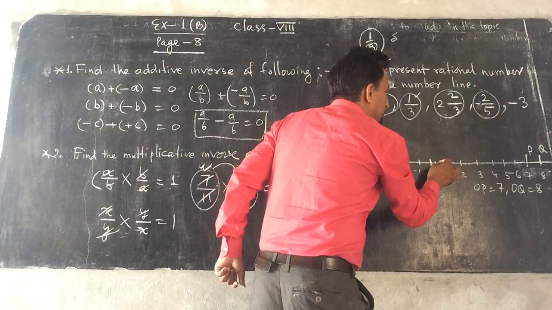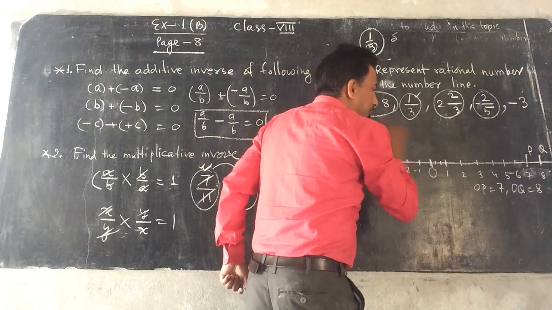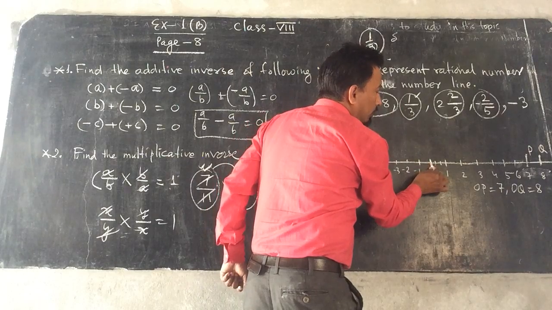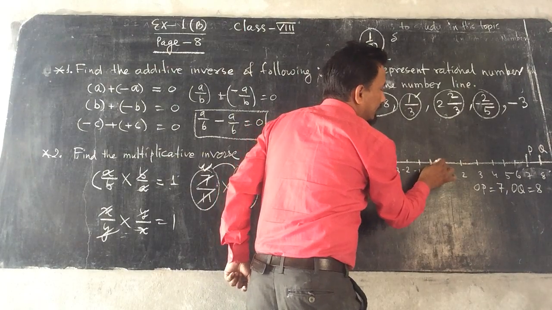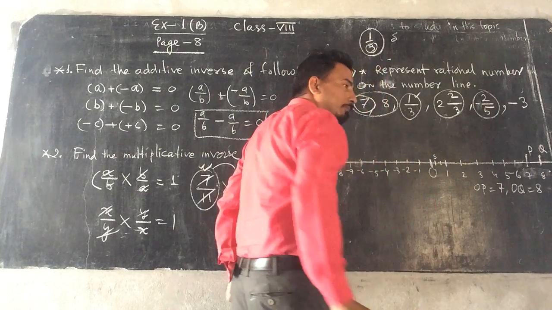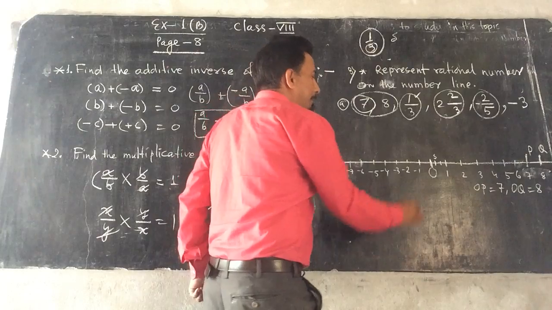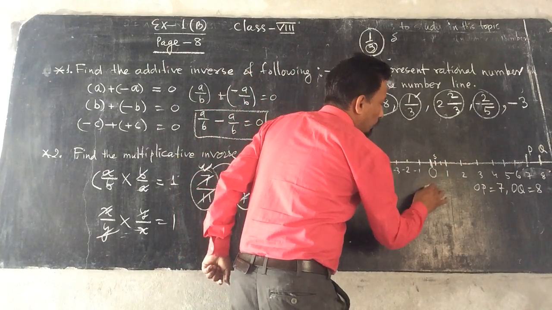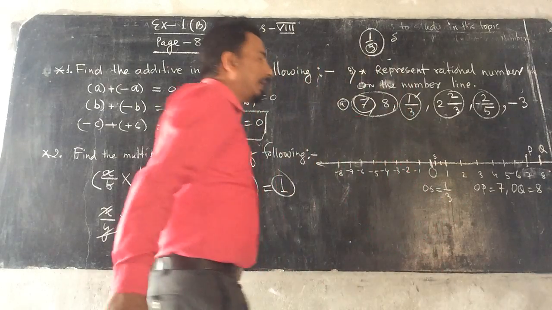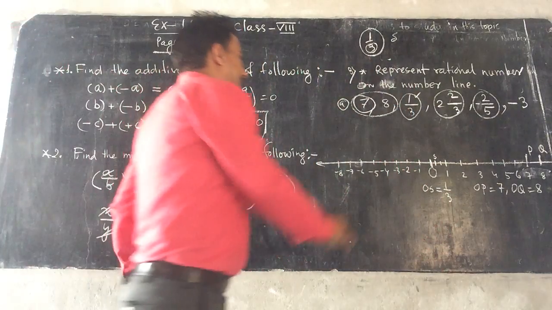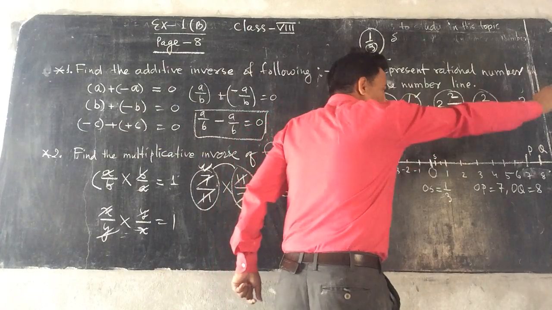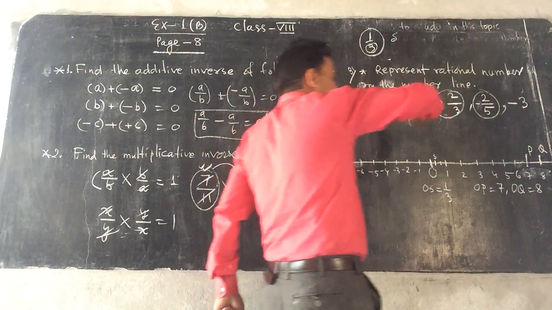You have to divide it into 3 equal parts, okay? After that you see here 1/3. 1/3 is this. This is 0. 1/3 is this. I will just mark here S. Okay? What have I marked here? OS represents 1/3. It is a positive fraction. Okay? So positive fractions always come on the right side of the 0.